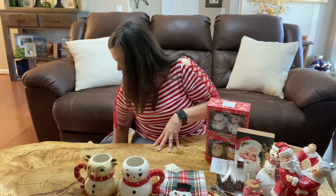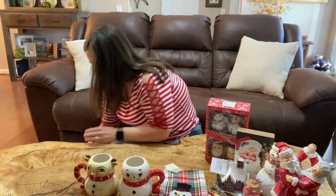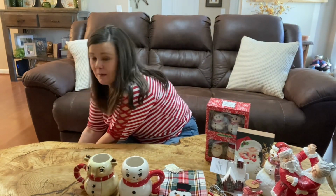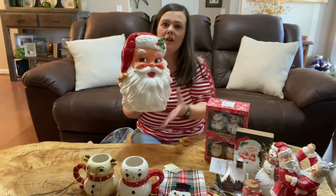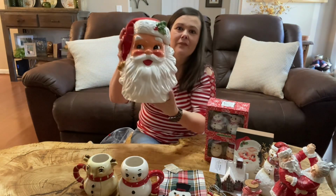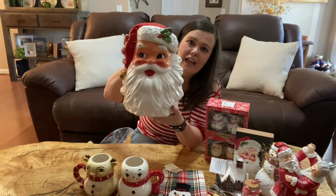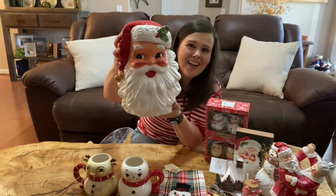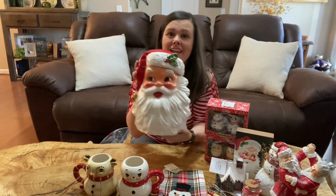These two, oh wait, this came from Ross too. Let me grab it. I'm gonna need both hands for this piece. You're gonna love this piece, guys. I got this beautiful cookie jar, and it was only $15. And the only thing I can figure is because it's not actually Johanna Parker, because the funny thing is they